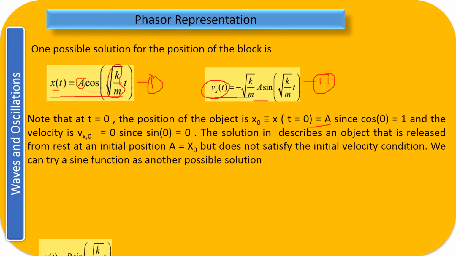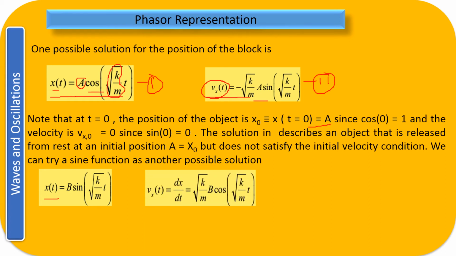Let's look at it the other way. Let us suppose now I am going to represent this with the sine wave. So now I am going to say x equal to b sine. So instead of the amplitude a, I have taken here b sine root under k by m into t, that is b sine omega naught into t. So here I have taken the sine wave. There I had taken the displacement as the cos wave. Now here I am taking the displacement as the sine wave. What is its corresponding velocity? That is dx upon dt equal to root under k by m b cos root under k by m into t. This is your corresponding velocity. Again you check it.